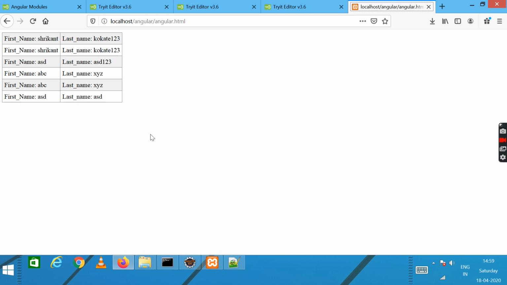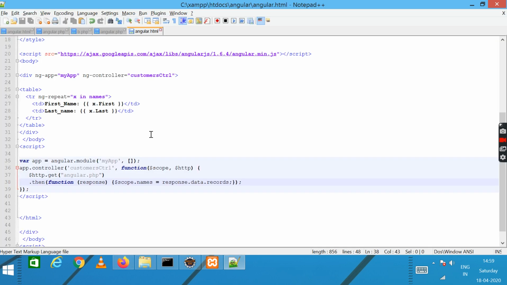So this is how we have read the data from PHP and displayed it in the form of HTML using AngularJS. In this way, AngularJS is used to extend the mechanism of HTML in the form of directives and controls.